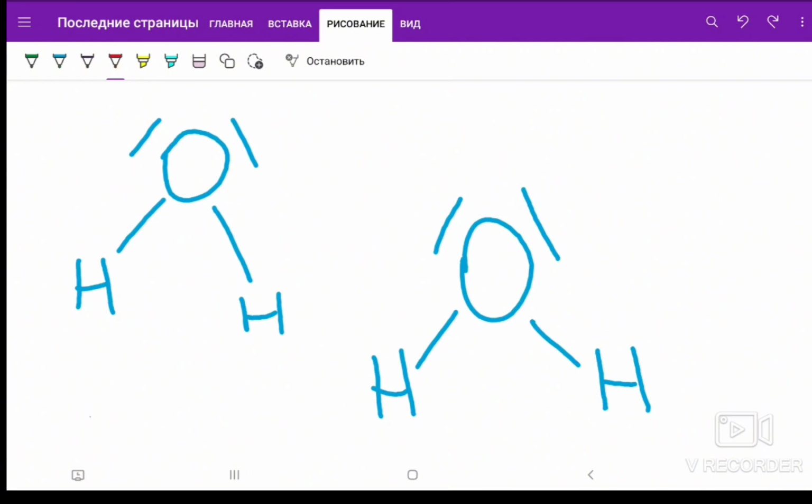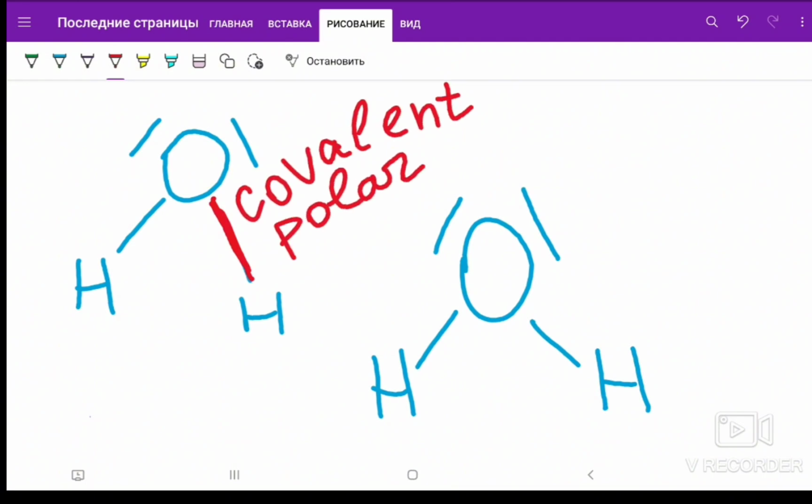So this bond, look, between this hydrogen and this oxygen. In your opinion, what kind of bonding is this one? It is a covalent polar bond. The same is here. These are covalent polar bonds. All the red ones, which I make them with red, they are covalent polar. Very often students say that this is a hydrogen bonding inside of the molecule. Indeed, no. It is not a hydrogen bonding. It is a covalent polar bond because this is inside of the molecule,